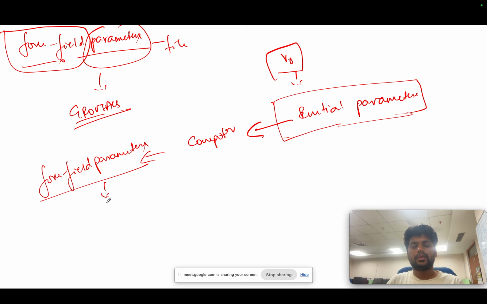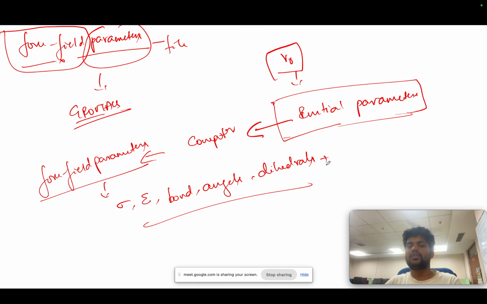Okay, what does this force field parameter consist of? It consists of the information between the sigma values, the epsilon values, the bond values, the angles, and the dihedral values. So it consists of all those values, the initial values. Okay, if I have the atoms like this,